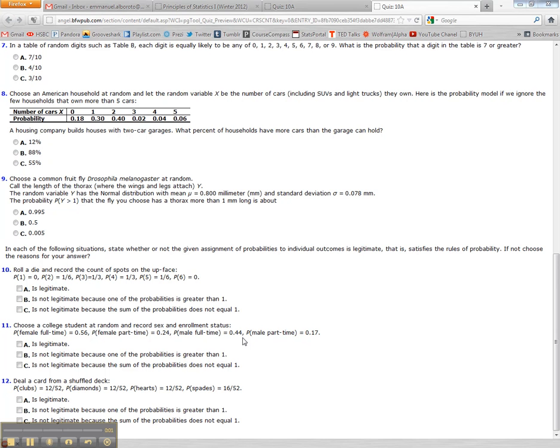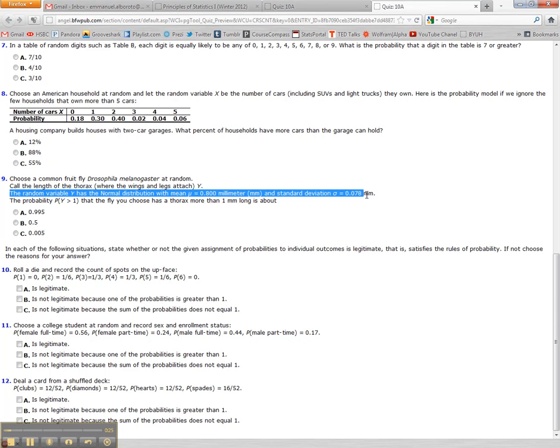Let's work on homework 10A number 9. It says choose a common fruit fly, Drosophila melanogaster, at random. And it says call the length of the thorax, where the wings and legs attach, y. And then the random variable y has the normal distribution with mean mu equal 0.800 millimeter and standard deviation of